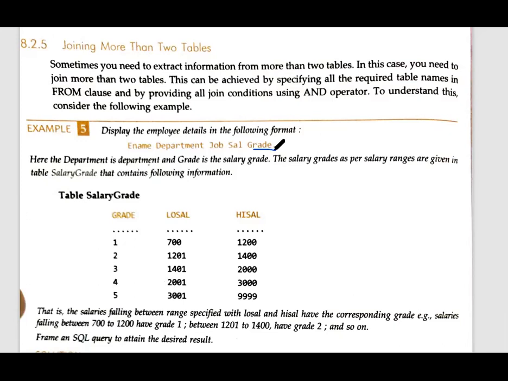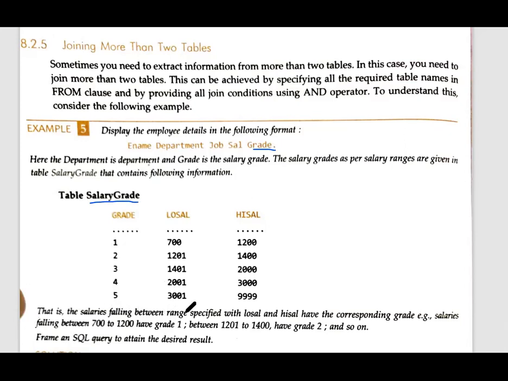So when you are going to show grade for the salary, this is the salary grade, one additional table given to you. Now you have a total of 3 tables. First one was EMPL, second was DEPT, and third is your salary grade. So ultimately you have to combine these 3 tables and then perform this task.